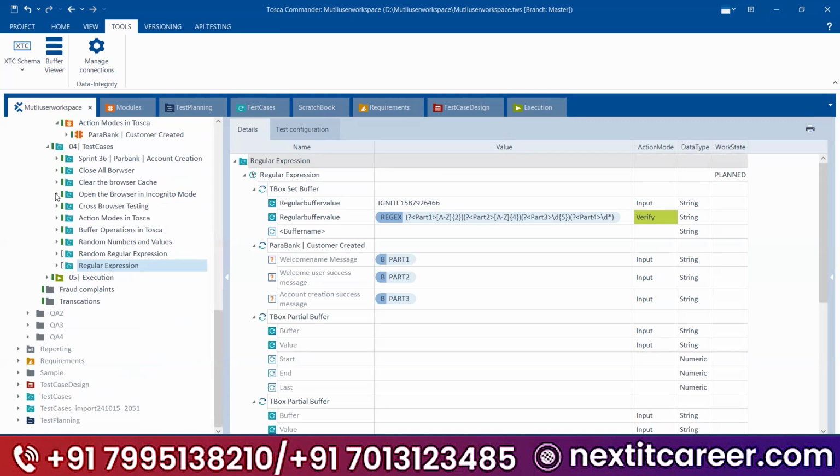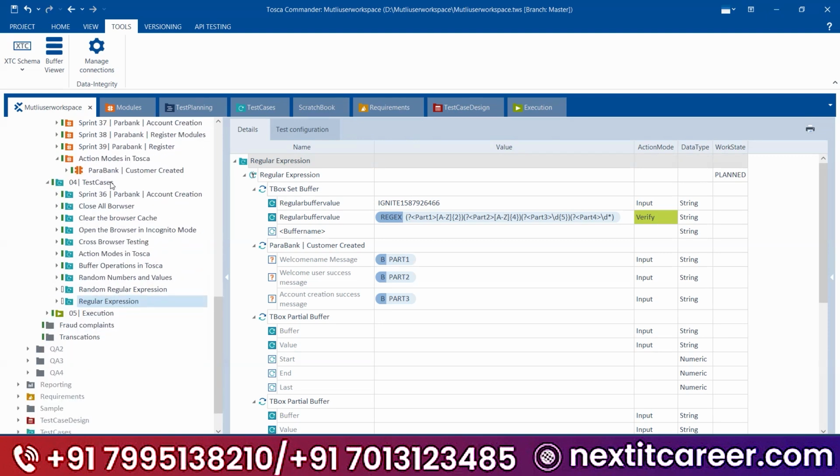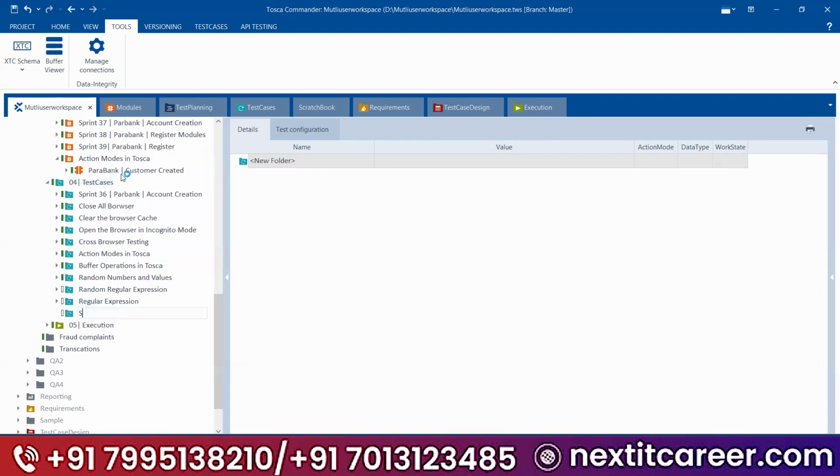In order to handle and understand the special characters, first of all you need to understand the string operators.